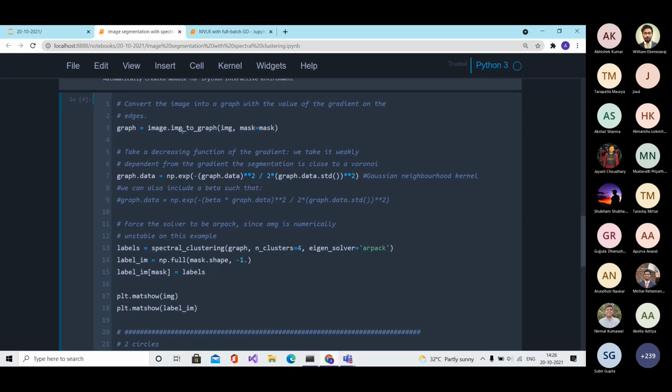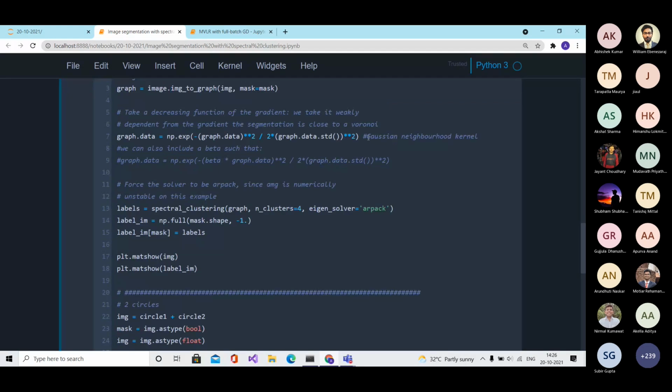It will convert your given image into a graph data format. After converting it, we will try to measure the similarity of the graph using a Gaussian neighborhood kernel.